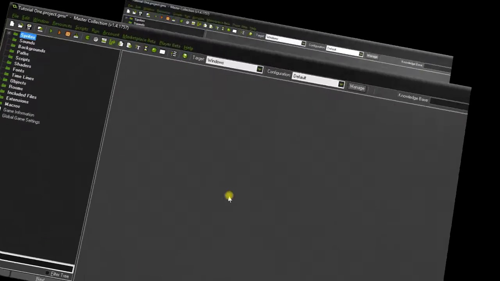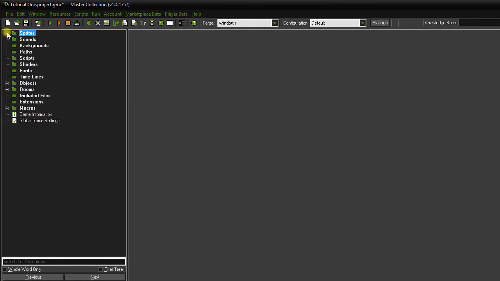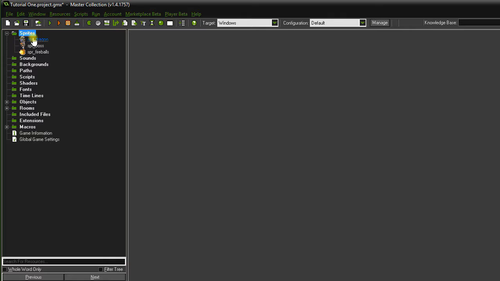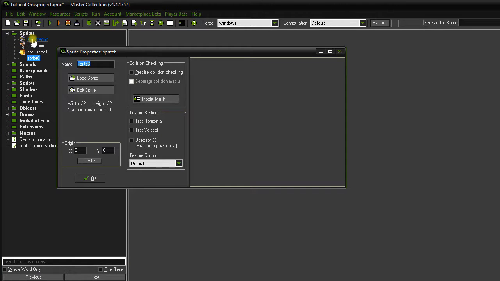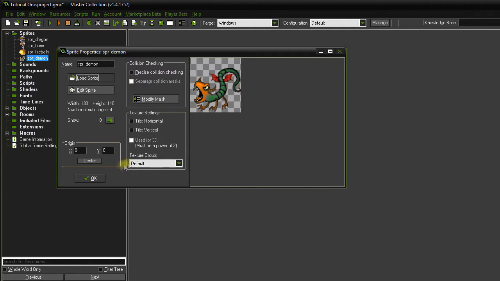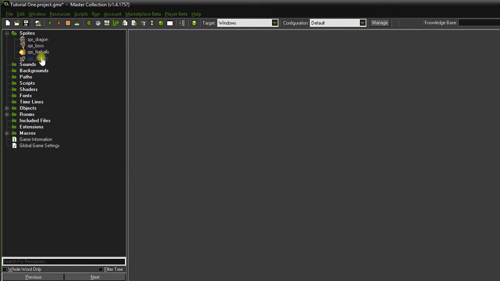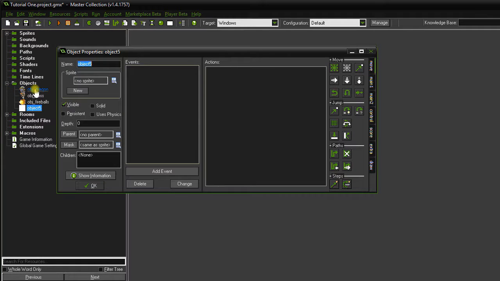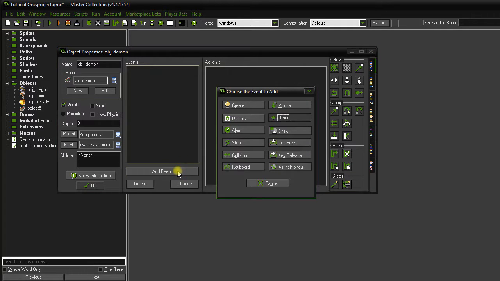Okay. Next, what we're going to want to do is to create our demon object. So similar to before, what we'll do first of all is create a sprite for our demon. Okay, and load a sprite for it, which is this one. We're going to leave the origin at 0, 0, which we'll discuss in a second. So we have our images, and now we need to create an object for those. So we will assign the demon sprite to this object, and now we need to create some instructions for it